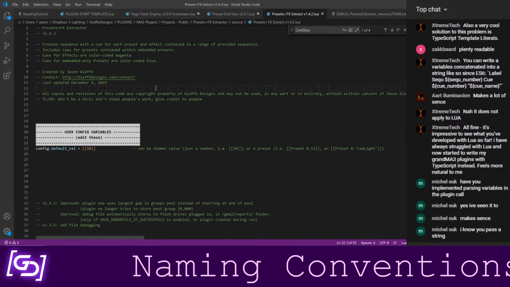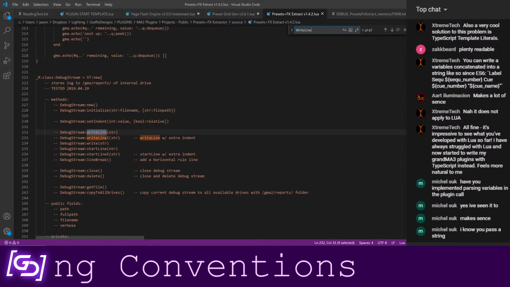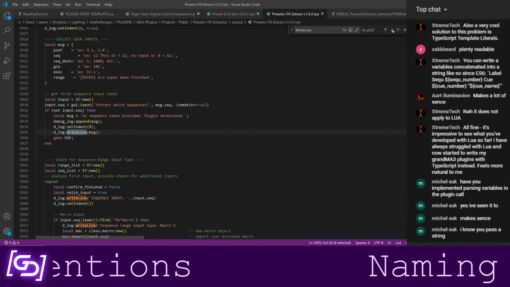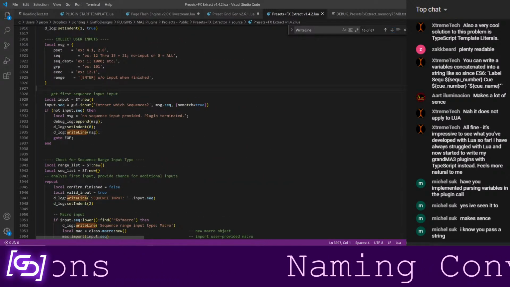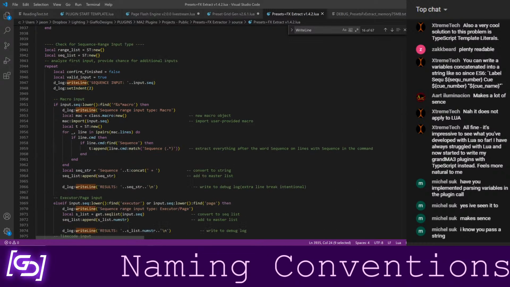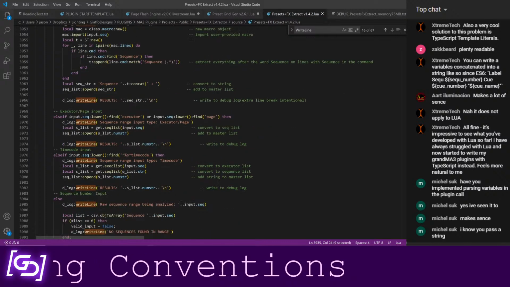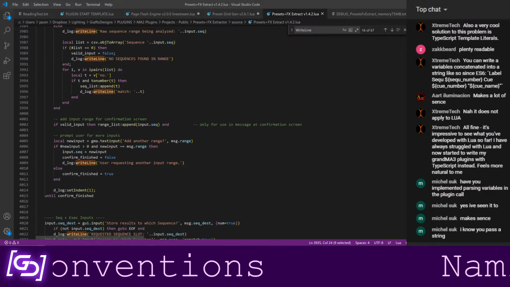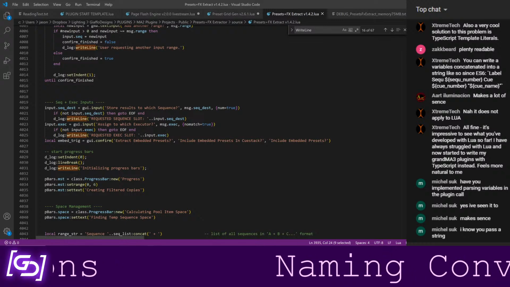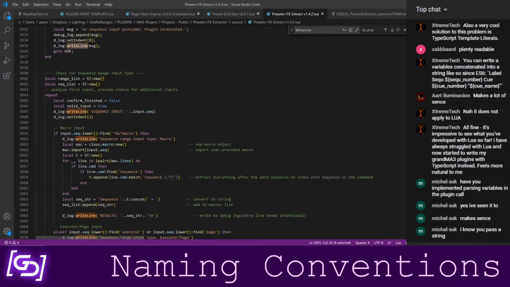Okay, so let me look for write line. Here we go. So I'm taking my debug log and I keep calling this write line message. Write line, here's a sequence input that I received from the user. Anywhere that's highlighted in orange, you can see I'm calling it to write to this debug file, so I can keep track of every step of this plugin.